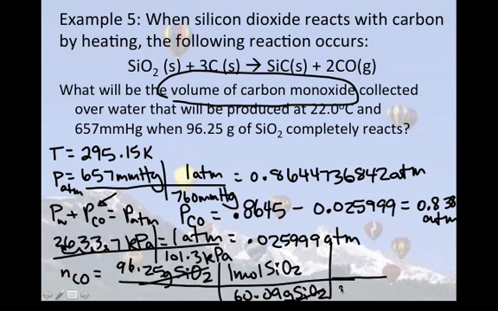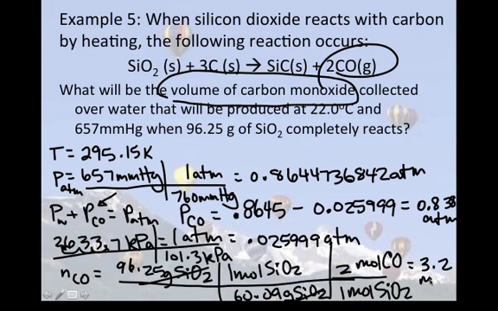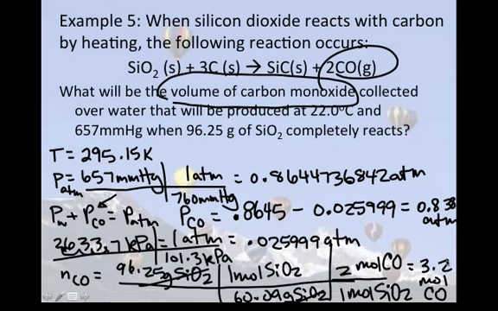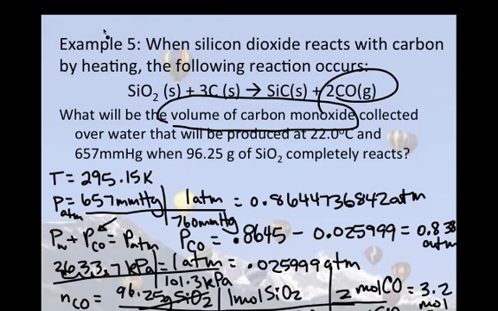And now I'm going to change moles of silicon dioxide into moles of carbon monoxide. So look to my balanced equation. 1 mole of SiO2 gives me 2 moles of carbon monoxide. So moles of CO, 3.2 moles of carbon monoxide. I'm running out of space here. Where am I going to stick my